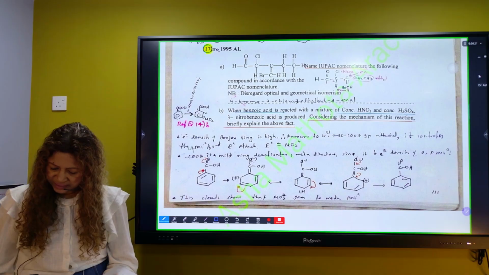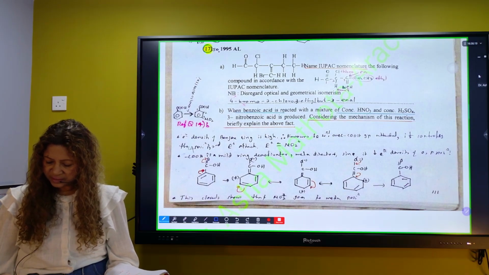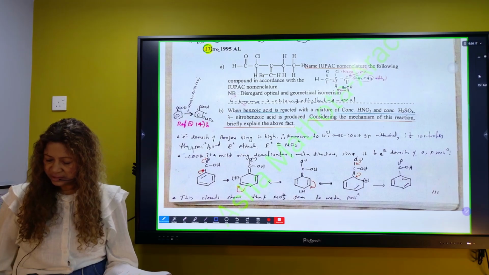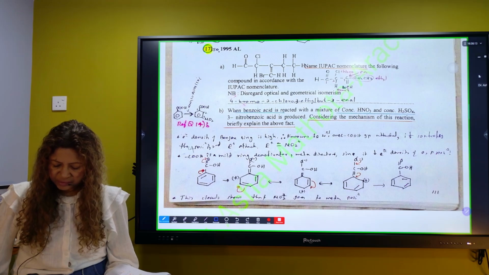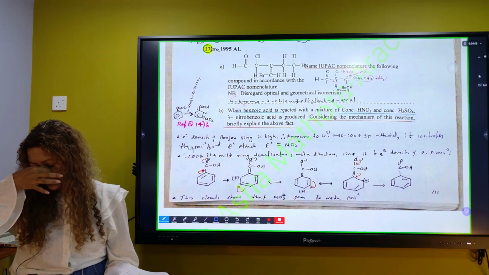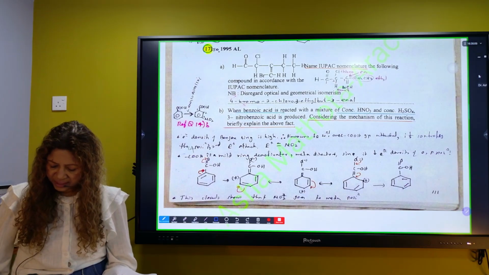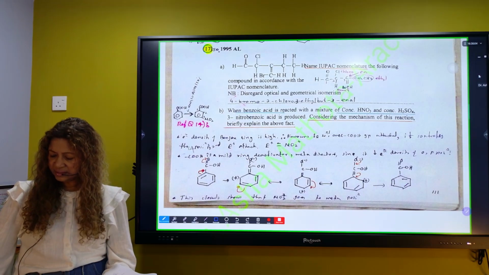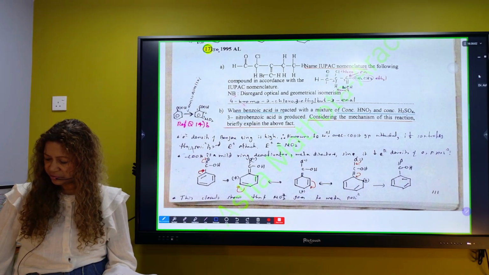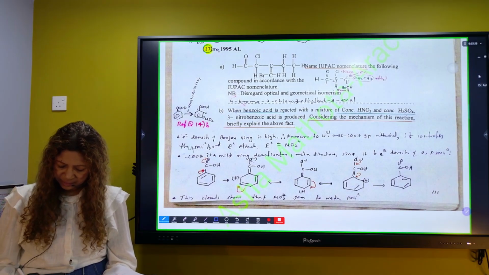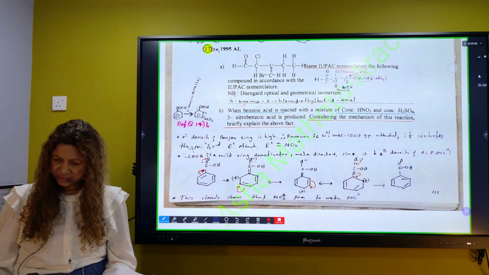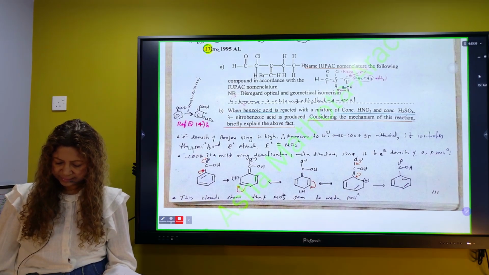Electron density of the benzene ring is high, therefore it favors electrophilic substitution reactions. Once the COOH group is attached, it controls the position of the second electrophile. The electrophile is NO2 plus. COOH is a mild ring deactivator, meta-director. Since it decreases the electron density of the ortho and para positions, the next group is directed to the meta position. Then we are showing these resonance structures.